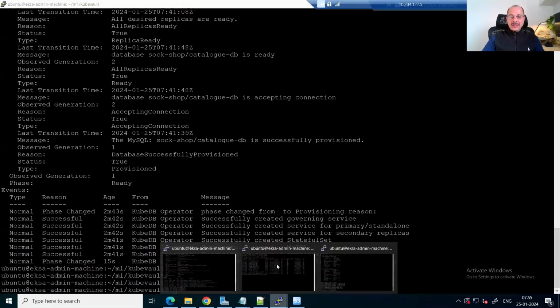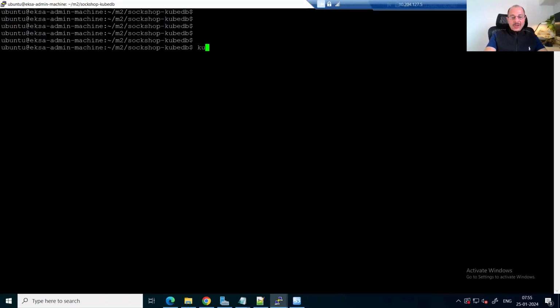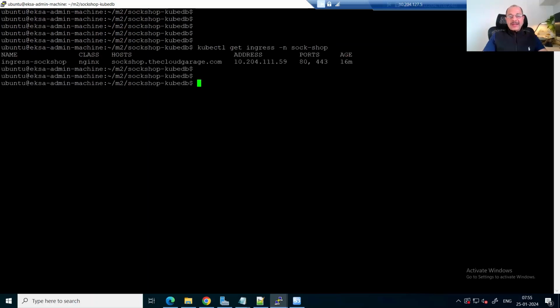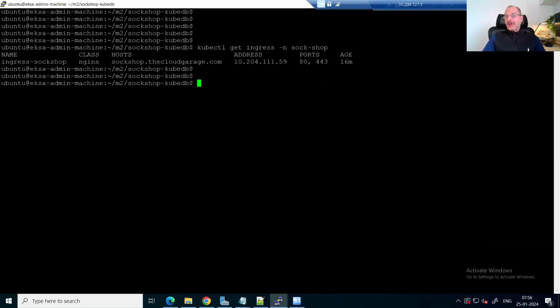Let's look at the ingress of how we will access this application. kubectl get ingress -n SockShop. We can see that the SockShop is advertised through the ingress IP of 59, which is mapped to the Nginx ingress controller. For simplicity, I have kept the SockShop advertised through 59 as a host entry in my local host file. Else we can do it through either external DNS or any other entry,